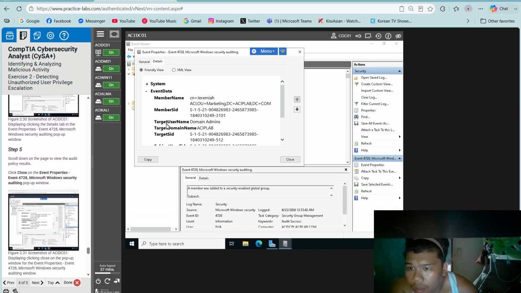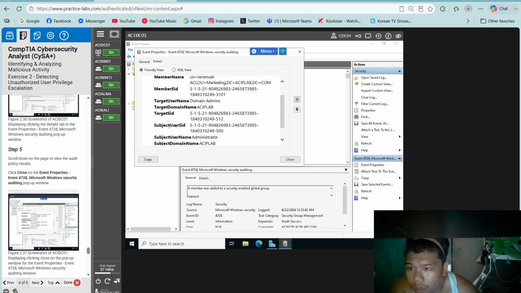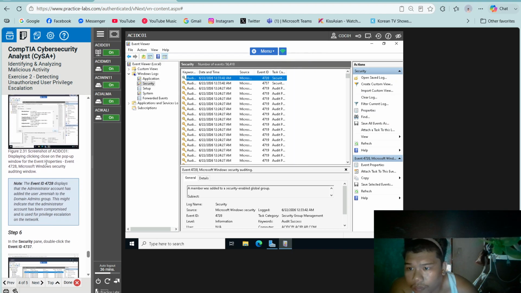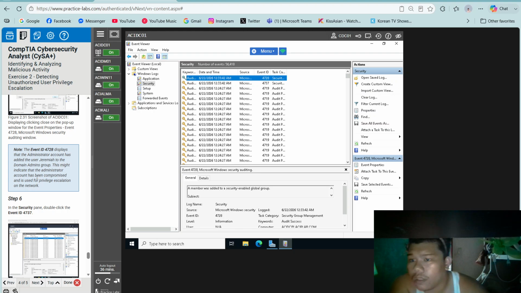Step 5. Scroll down on the page to view the audit policy result. Click Close. Note, the event 4728 displays that the administrator account has added the user Jeremiah to the Domain Admins group. This might indicate that the administrator account has been compromised and is used for privilege escalation on the network.